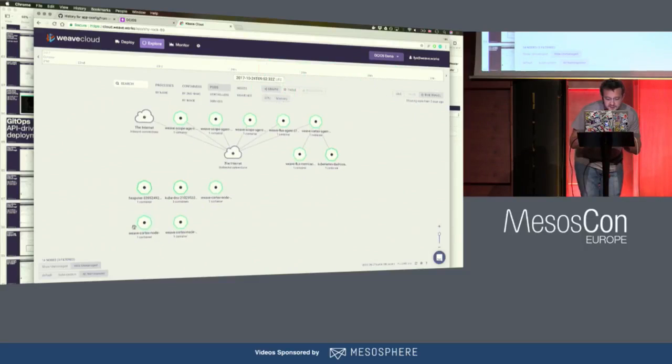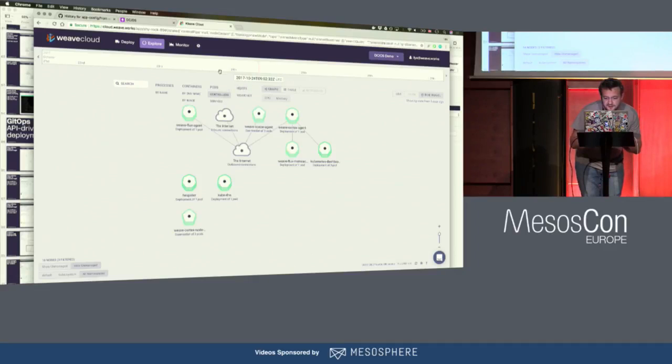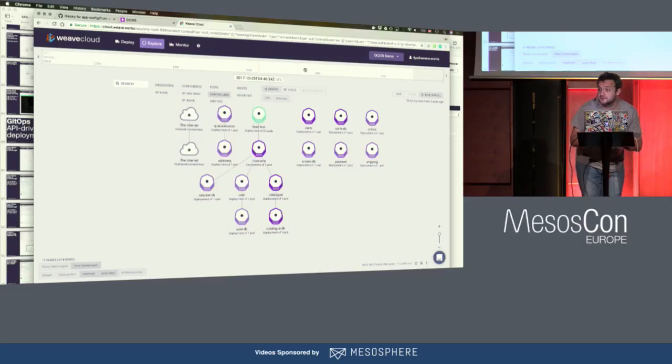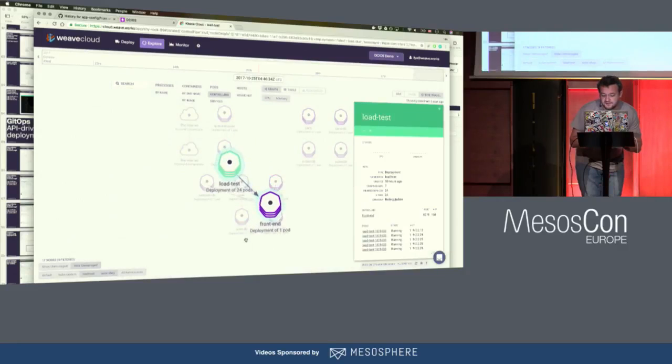We can see there are just the system pods, or we can even look just at control, which is probably easier to look at. And sometime around this time, I deployed the sock shop, and later, so this time the load test already has 24 pods. So if we keep this selected, we can go back a bit, and I think at the beginning I only had 2.